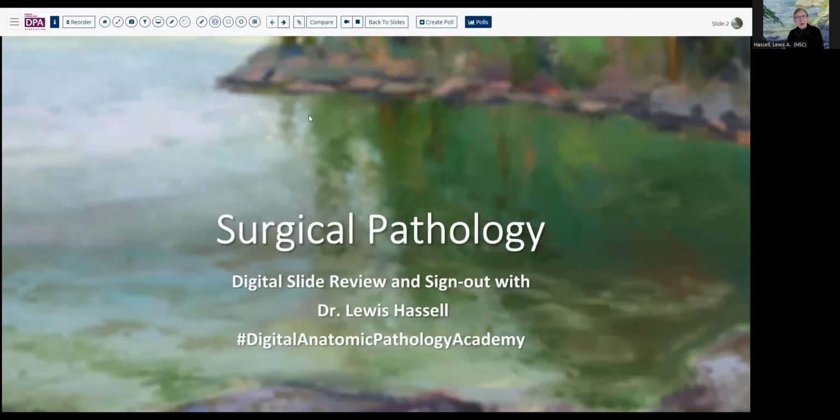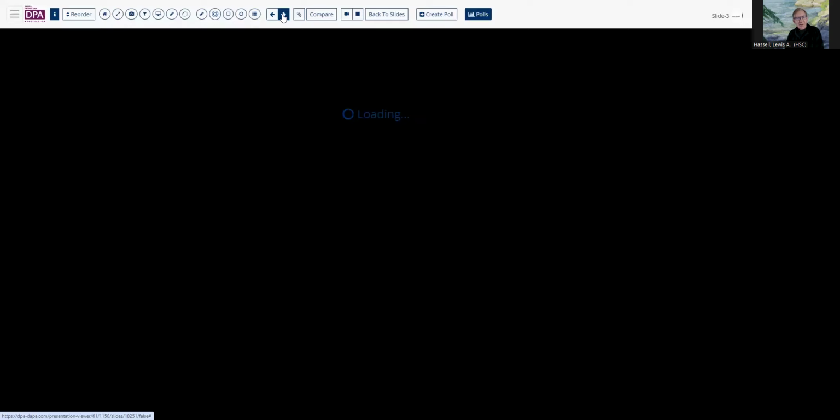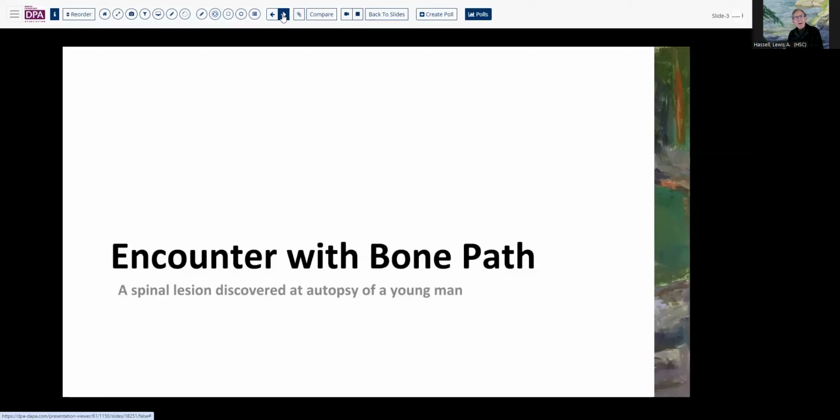We're going to talk about a case, maybe a little bit of an incidental finding, if you will, that presented in an adult who came to autopsy. And on autopsy, we did examine the spine and discovered a particular lesion, which we then sampled and